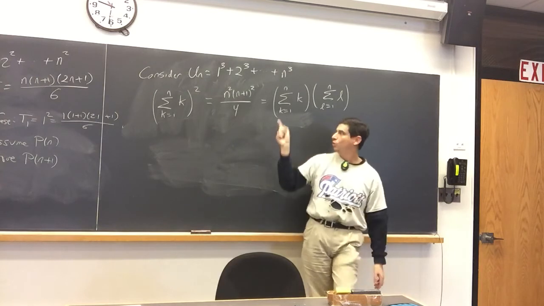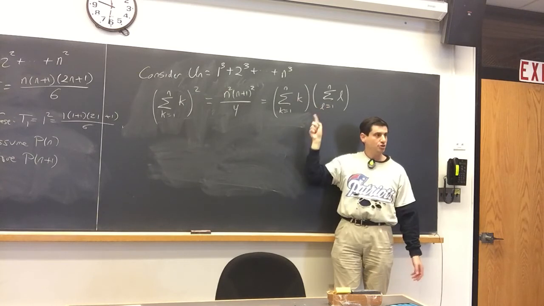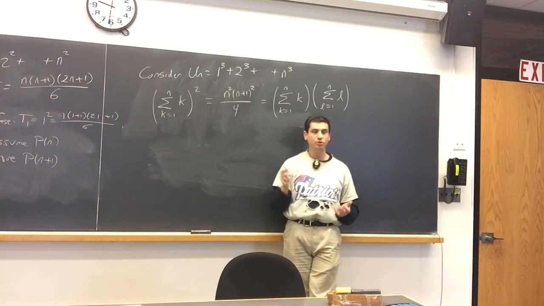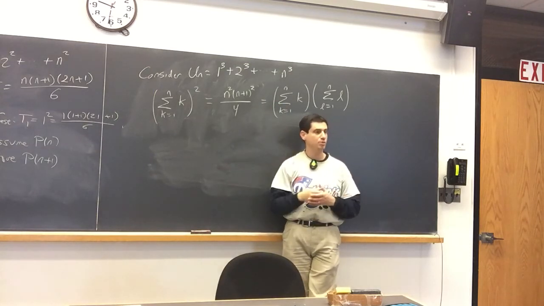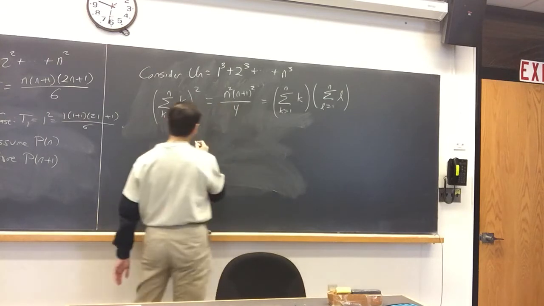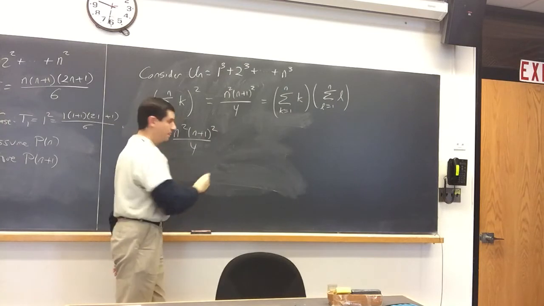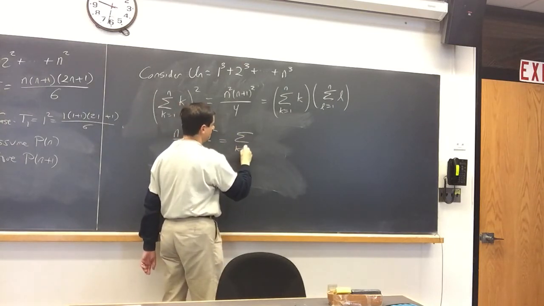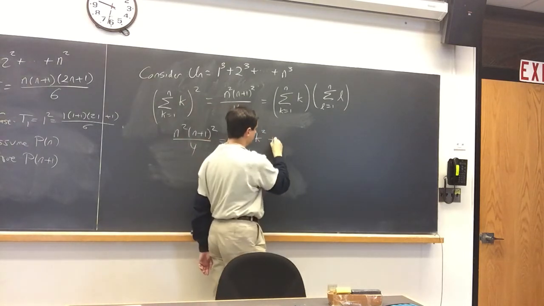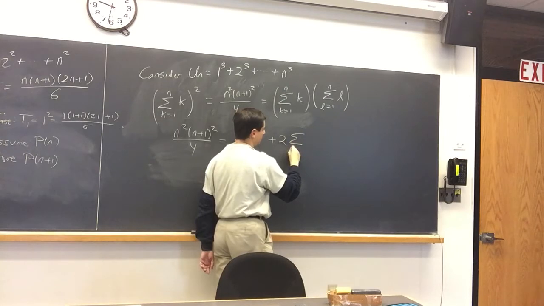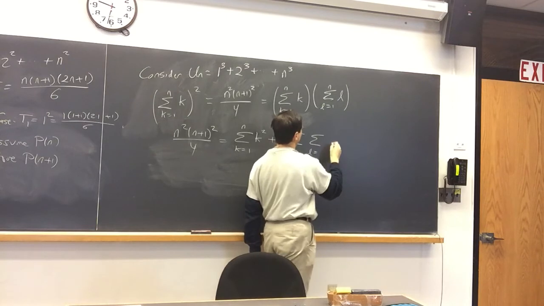If they're different values, once I'll have the smaller here and the larger here, and once I'll have the larger here and the smaller here. So when I cross multiply, I might as well assume that the first one is always smaller than the second, and then double that, and then add back all the ones where they're the same. And so if I do that, I get n squared, n plus 1 squared over 4 is equal to the sum, k goes from 1 to n, of k squared, plus twice the sum, k goes from something to n, and the sum L goes from something to something, of